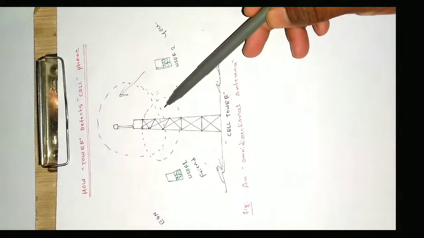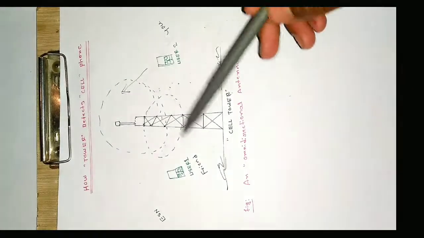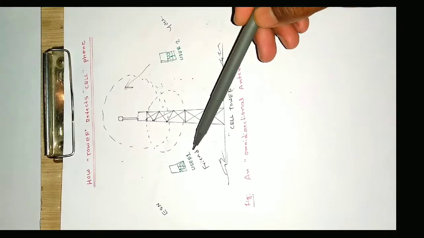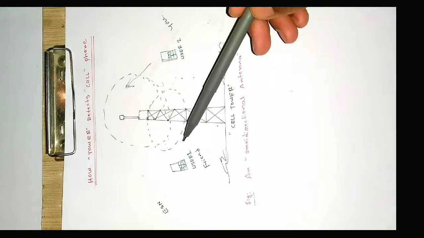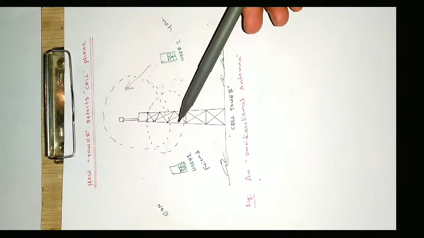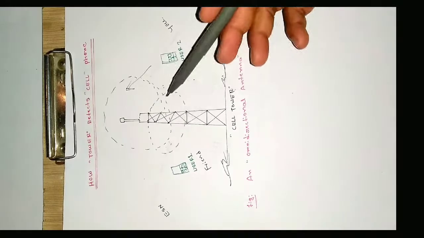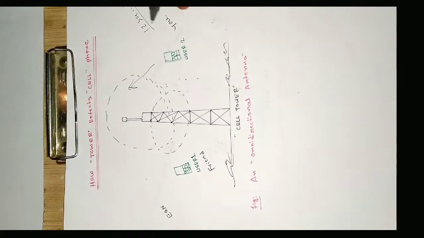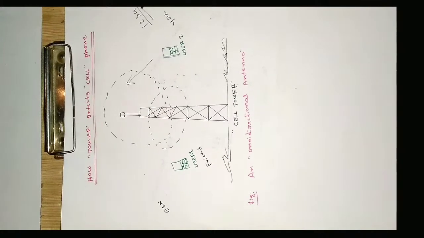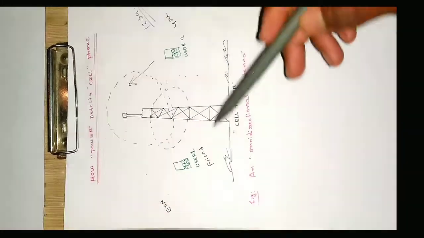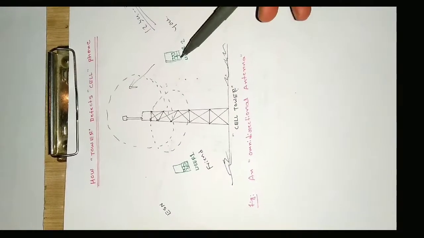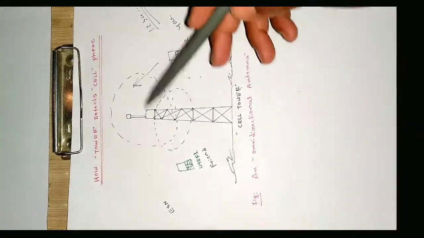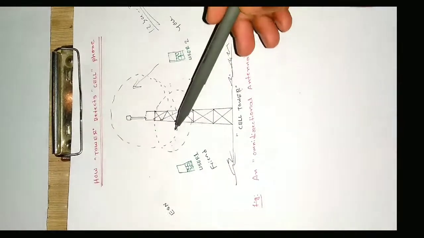Your friend's phone also receives that signal, the pilot signal, asking whether this is your electronic serial number. In that pilot signal, the tower will be transmitting the number, let us say 1 2 3 4 up to 8. This is the electronic serial number corresponding to user 1, and he has dialed the same number, so user 2 has dialed the same. That number will be transmitted in that pilot signal.